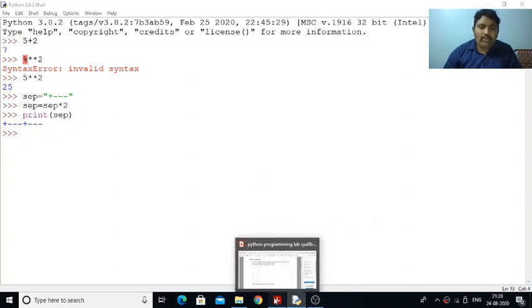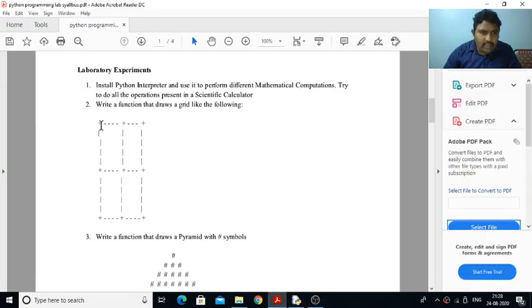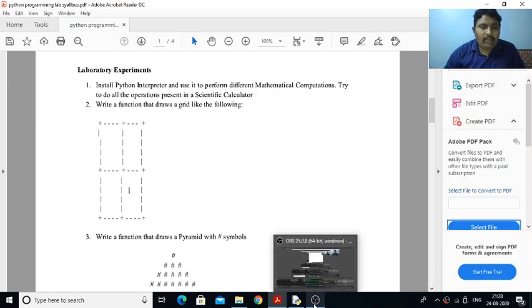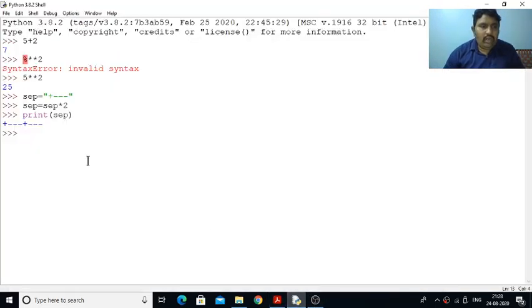In this particular thing, how many grids are there? This is one grid, and this is the second grid, third grid, like so. Simply it is a 2 by 2 thing. So this kind of a grid we need to develop. We'll see step by step how we can develop it, so try to follow.